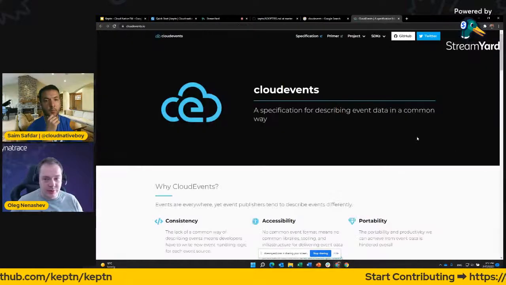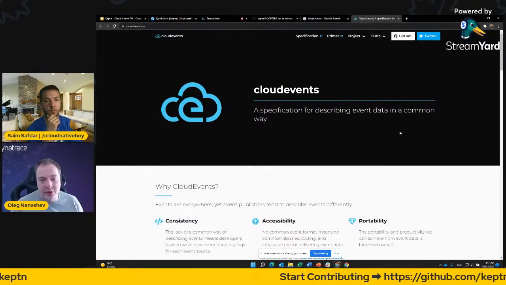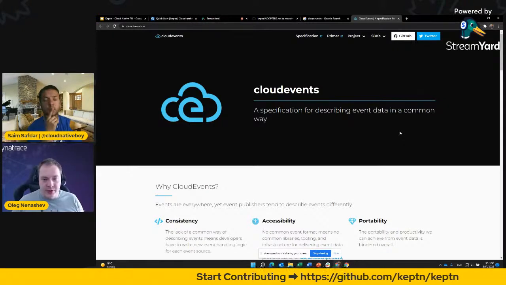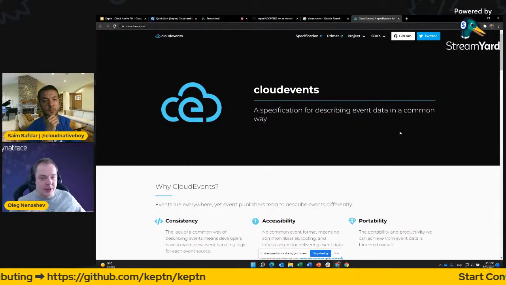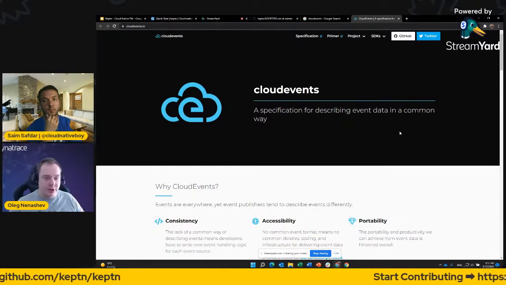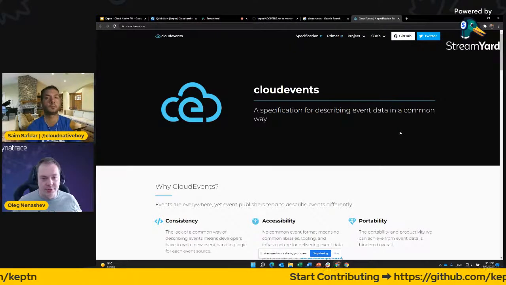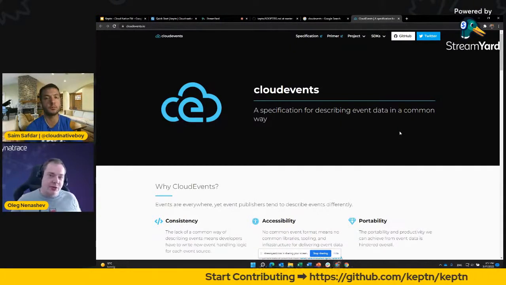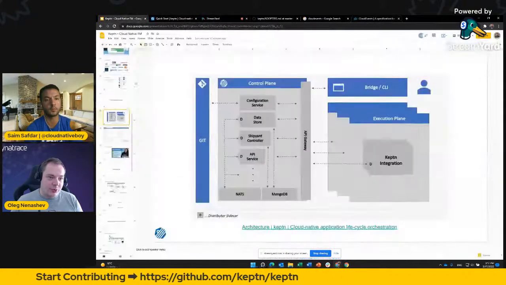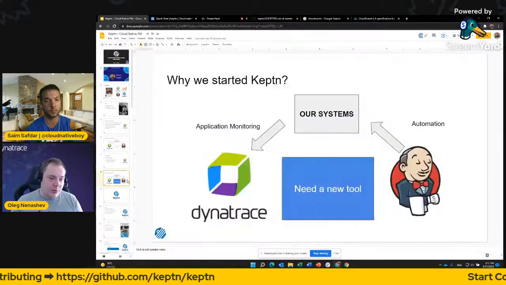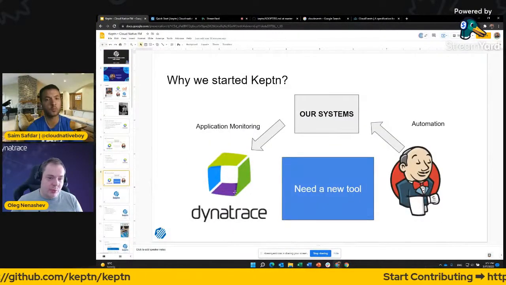So CloudEvents is basically a cloud-native way to send different events within the system. And for example, Keptn can subscribe to events like application deployed, application crashed, or there is a metrics violation. And this is what triggers Keptn as an automation service. So if we return back to the diagram I showed, we can have Dynatrace, or we can have, let's